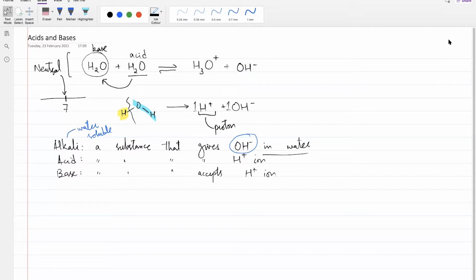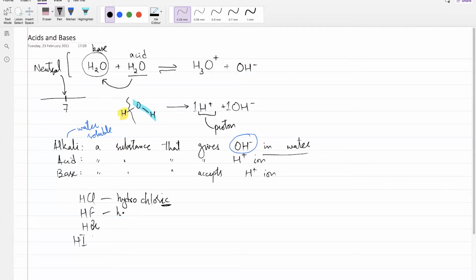Okay, so let's look at some acids. How do we name them? By the way, acids can be binary or they can be made of multiple atoms. So for example, if acid is just made of two atoms, like HCl or HF or HBr or HI, we'll just call it hydro for the hydrogen part, chlor for the chlorine part, and ic to show that this is acid. So that ic at the end of the name tells me it's acid.